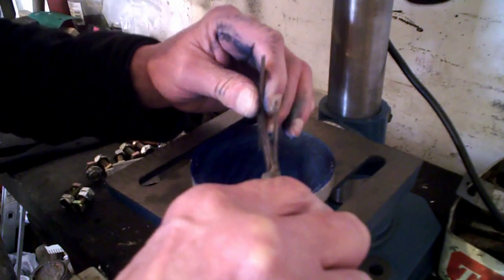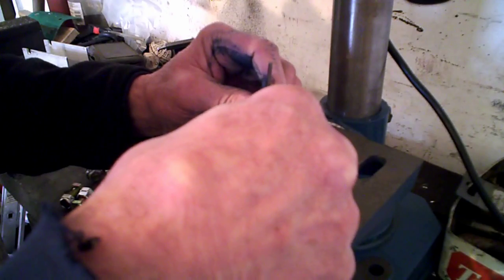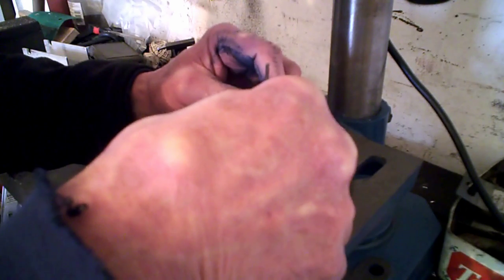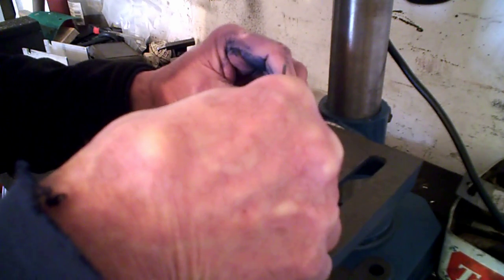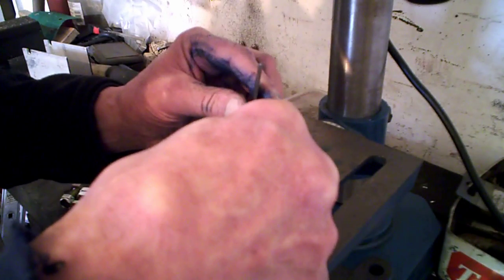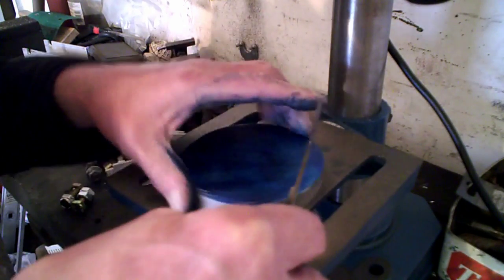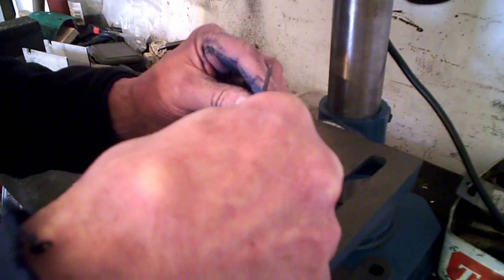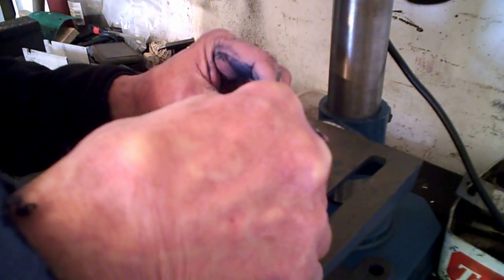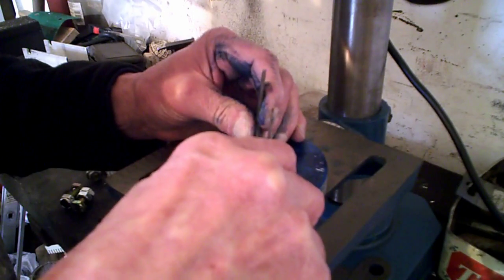And I don't know if you can see if the camera will pick it up or not. And put it on that edge. As I say, this isn't the best tool to use actually, but there, like that. And do it that way. And then, of course, it will show you more or less where the middle is. So if we put that in the middle and go there like that,